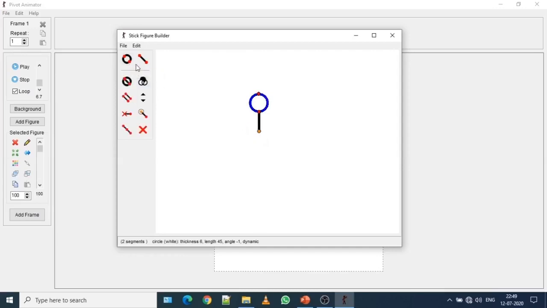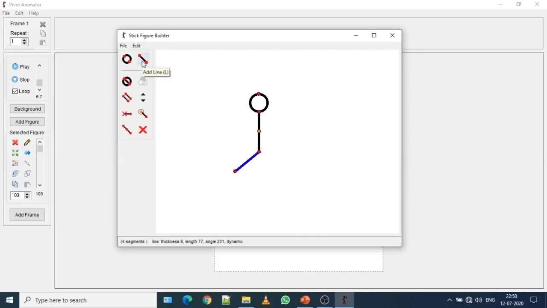So that is it. Now I have to create the other segments of the character. In the baseline, you select the line to extend this vertebrate or the main line of the stickman and then release. In a similar manner, let me complete other segments also. Click on that red line and extend the line towards the left side to create the shape of a leg.